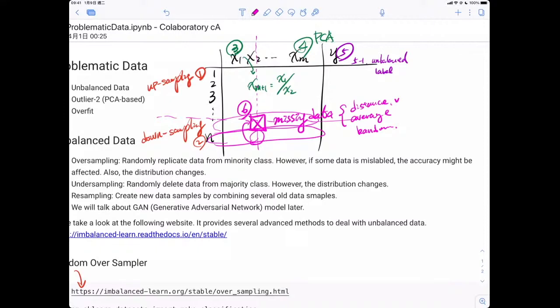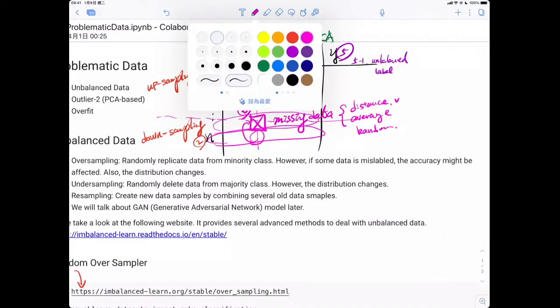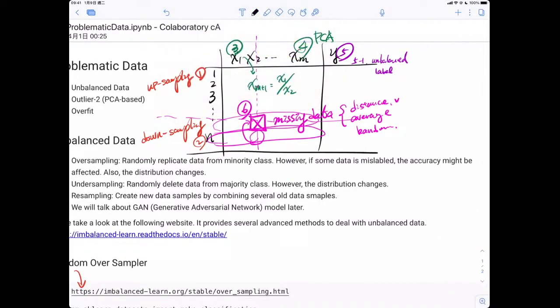Because without feature x2, the rest of the features, x1, x3, 4, 5 to xn, in that space, these two data points are very close. I can borrow the x2 value from the other data point to fill in this data. There are also some other approaches.